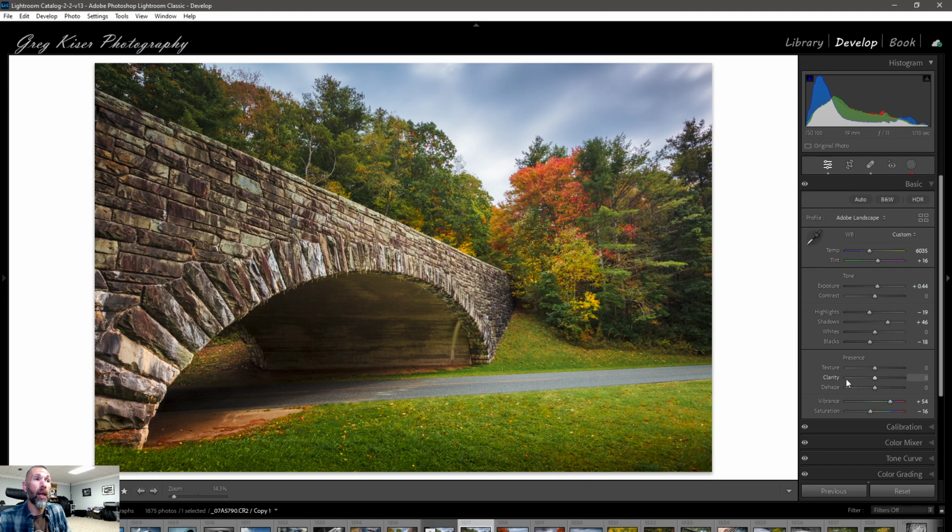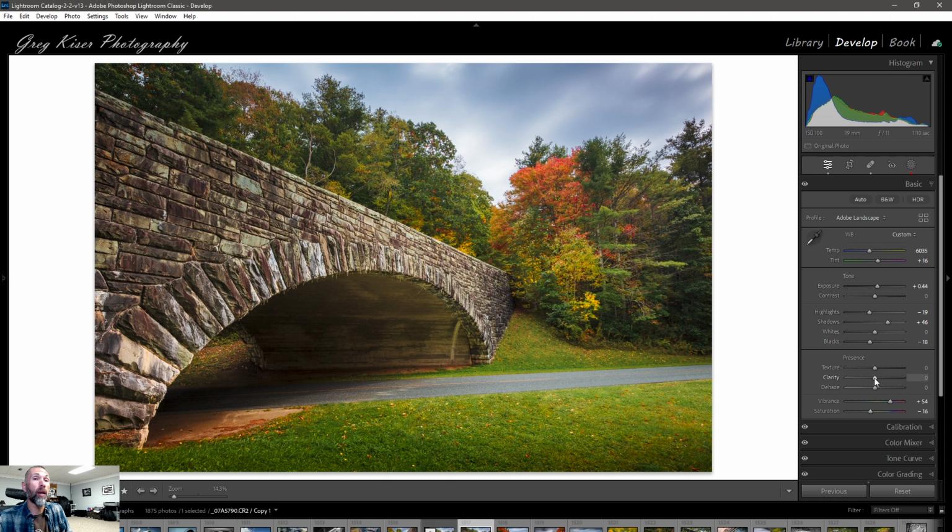Moving to clarity, and this is one that I see a lot of times, and we start to see those crunchy pictures. Sometimes that's good, sometimes it's bad. When I'm dealing with rust, I like a little bit of crunch. I like that texture to be very, very contrasty. I like to be able to see that texture and really feel like I can feel it. I don't like it in landscapes